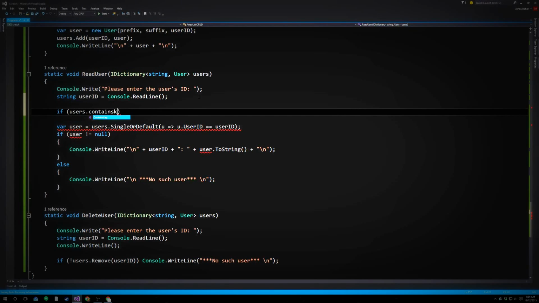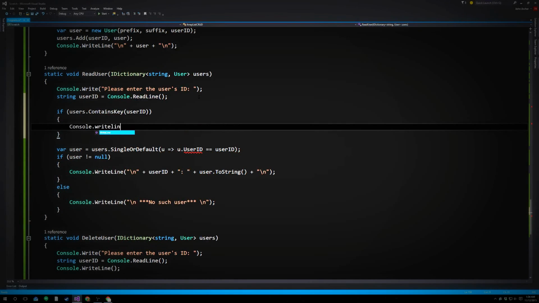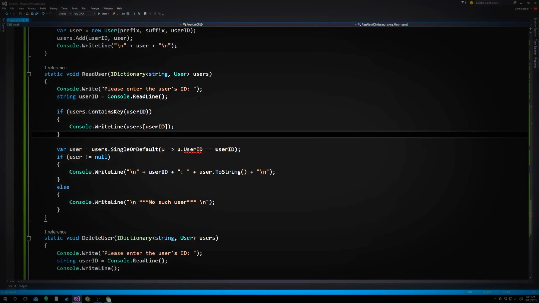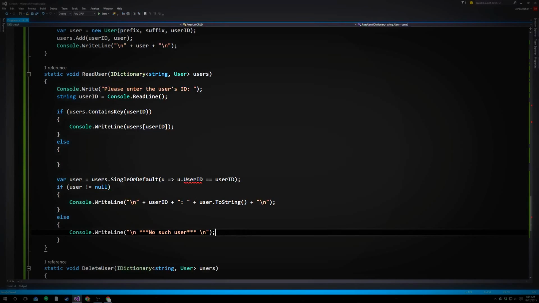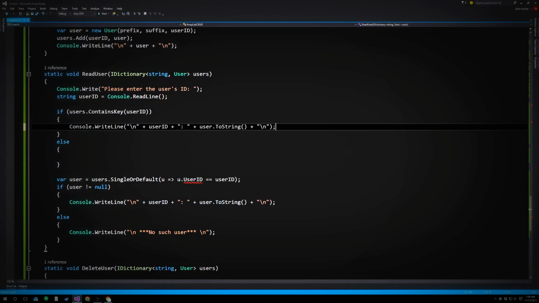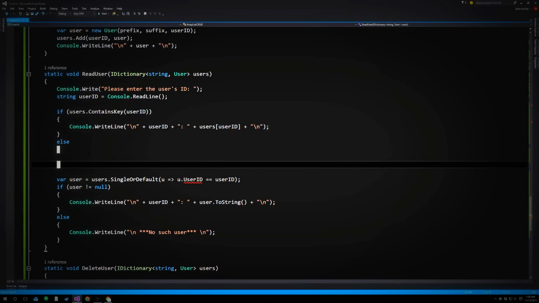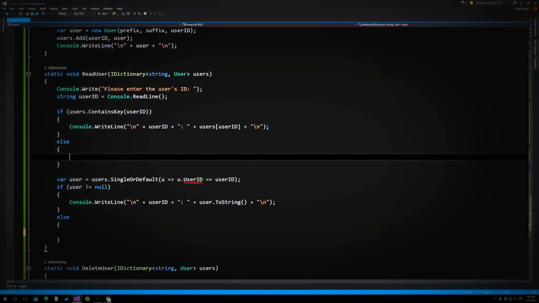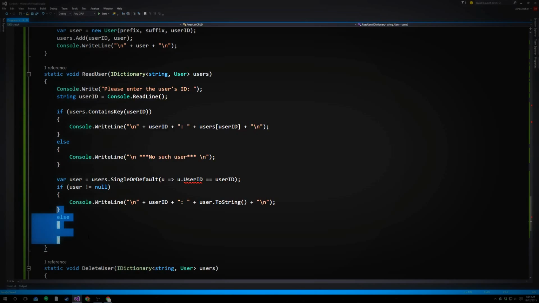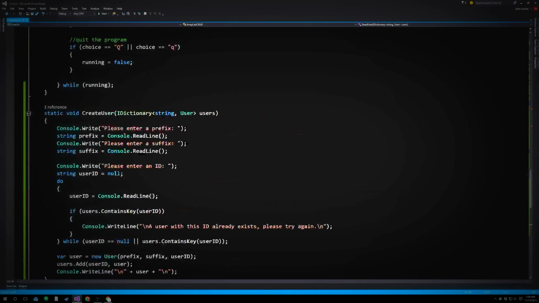Users contains key, user ID, write line, users, user ID, else. You had some weird formatting here. There we go. That should probably do it. Else do this. So let's read,